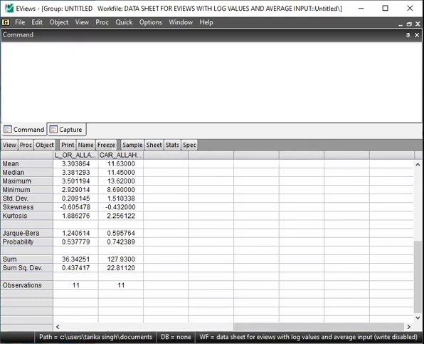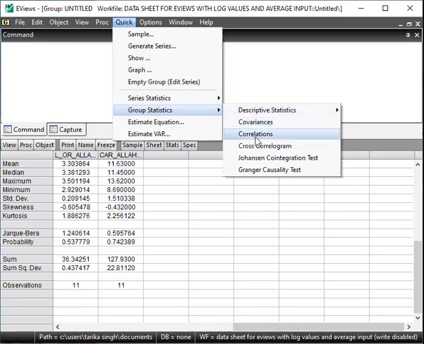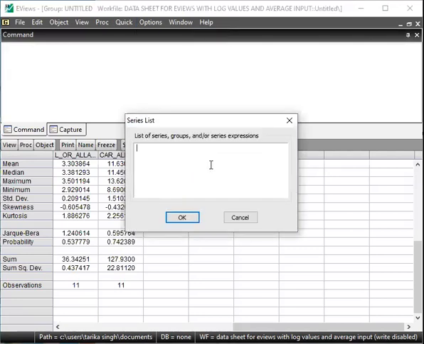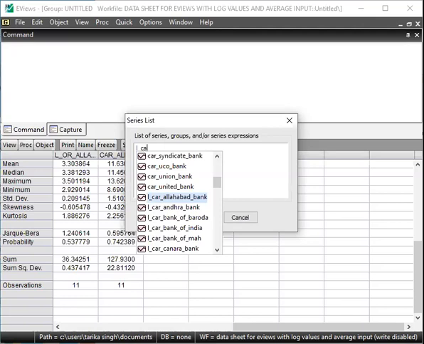So in this way, the Granger causality test can be applied on time series data. This test has to be applied with all the variables, taking dependent and independent variables. In the series starters, when we type the names, multiple variables of the same bank can be typed, like the log value of CAR, underscore Allahabad Bank.